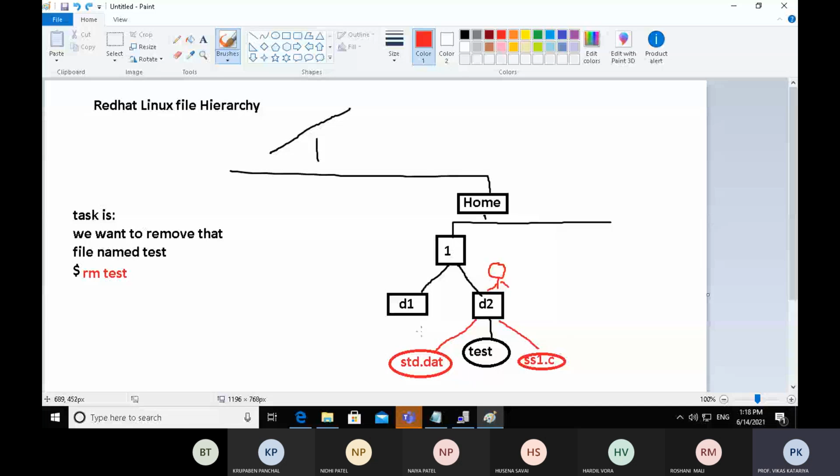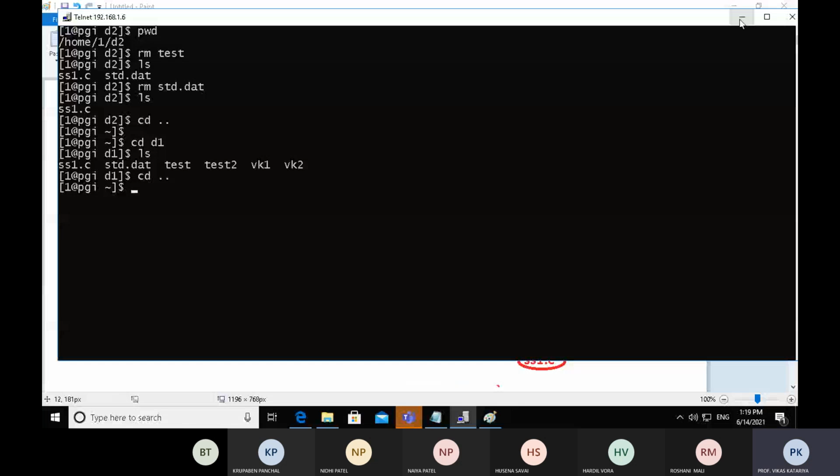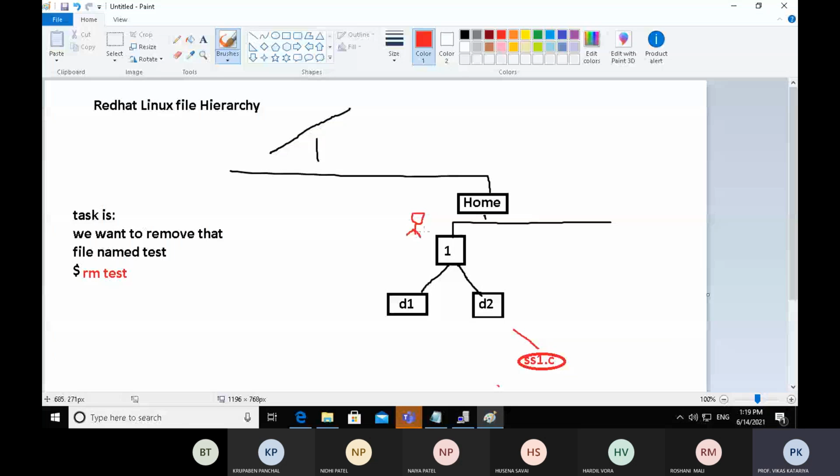The tilde shows we are under user account 1. The user has shifted from D2 to 1. This is the current position of the user, who exists on account 1. Under user account 1 there is a directory D1, and under D1 there are so many files.